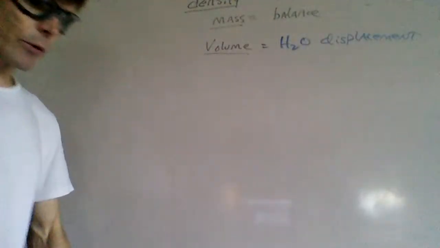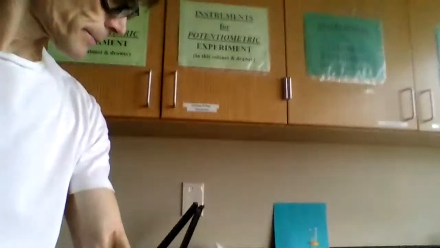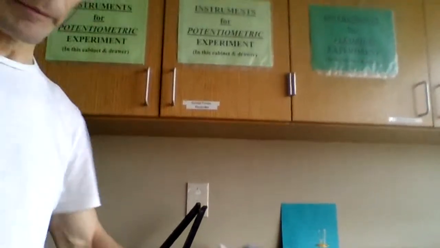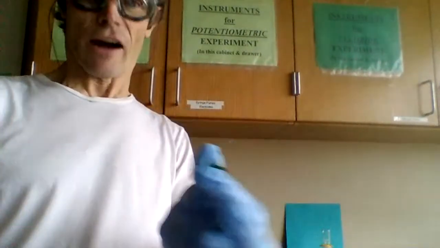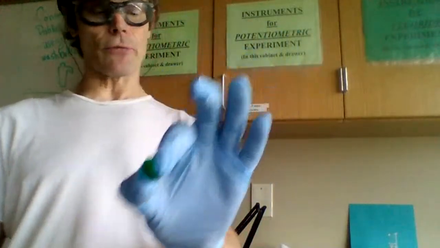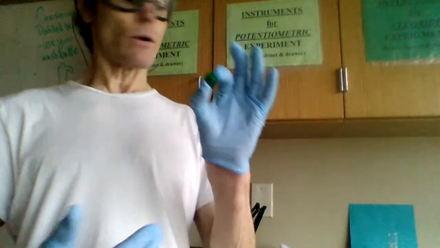And the object that we have, I'm going to push this over here. Looks like a piece of candy, but I don't know what it is. So there it is right there in front of my shirt. It's a sphere. I could measure it just like we did before, but as an exercise, let's measure its density